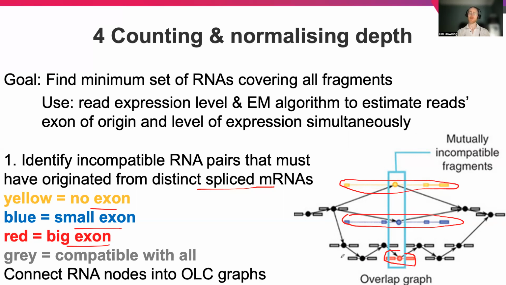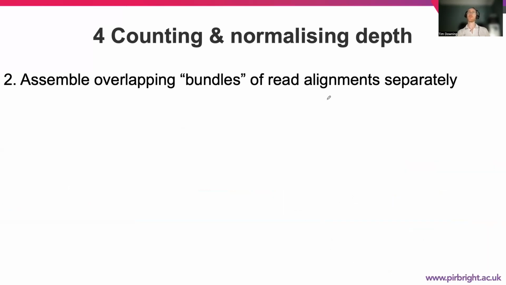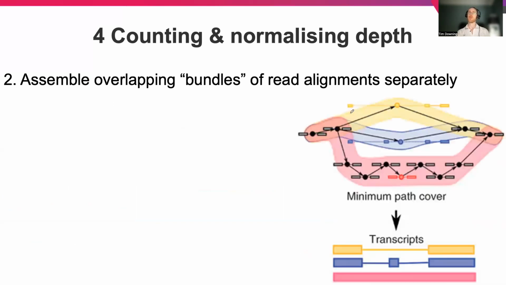One way to address this is to assemble overlapping bundles of read alignments separately. You can see that down here. We have those different paths for yellow, blue, and red, where we've got a shared path going in, a shared path going out, and then this pair of bifurcations. So we can estimate the minimum number of transcripts that sufficiently explain the different paths that are present. Hence, you have this graph above where you have no reads for this one small clump here, and